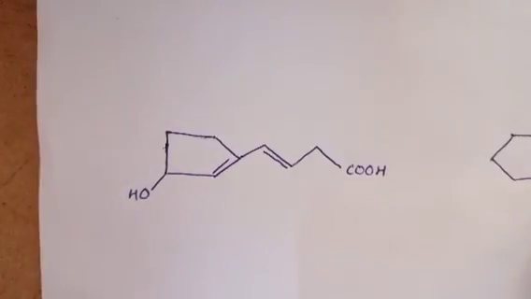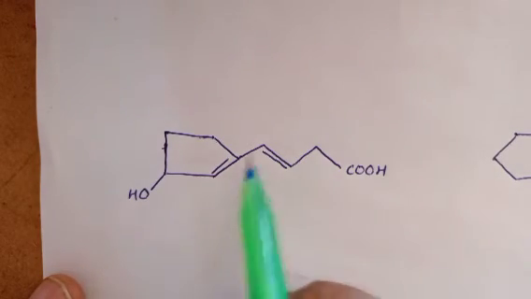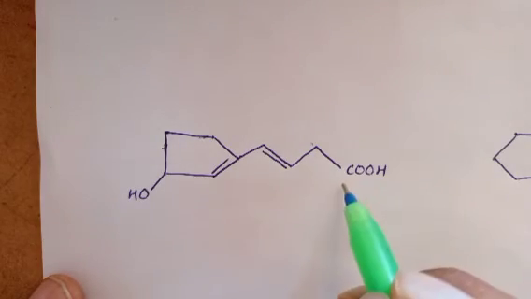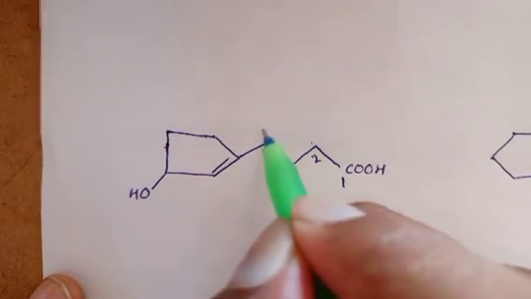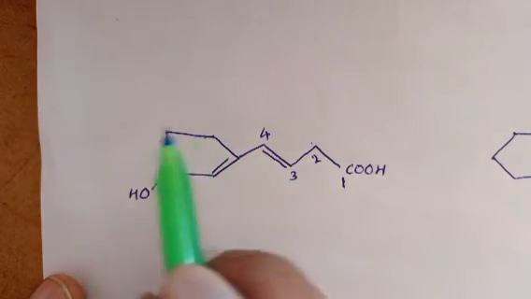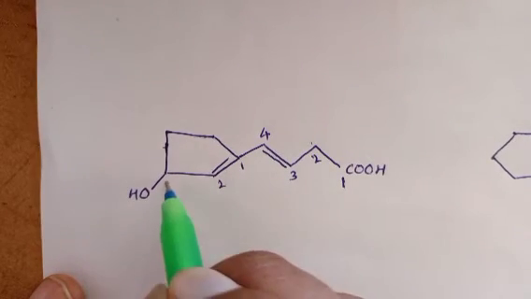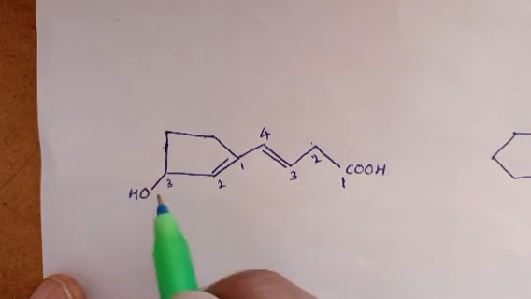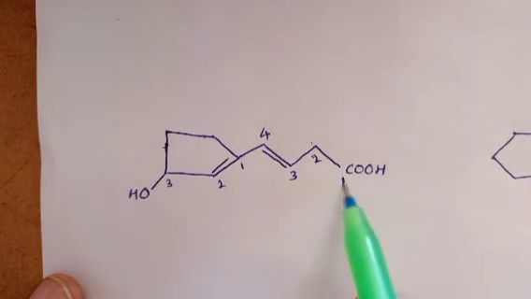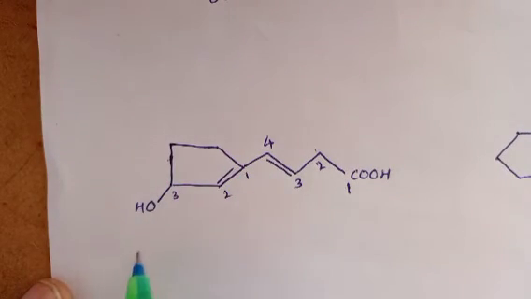Next example. See this example. The functional group is present here, meaning the alkyl part contains the functional group. Give the numbering 1, 2, 3, 4. This part acts as a substitution. At the 4th place, the cyclopentyl ring is present. But give the inside numbering for this one 1, 2, 3. Of course, this also contains a functional group, but it is not the main functional group, because this is the main functional group. Then how can we write? The cyclic part is attached at the 4th place. So 4, and inside, at the 3rd position, this one acts as a substitution.